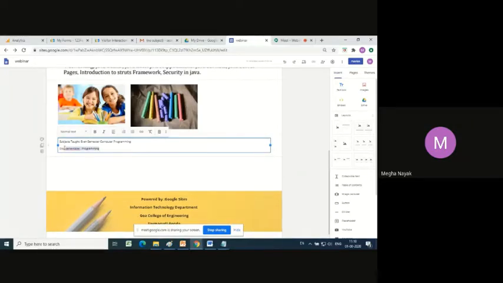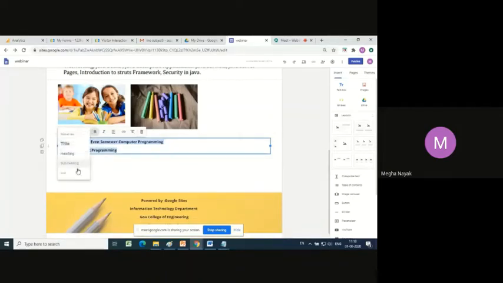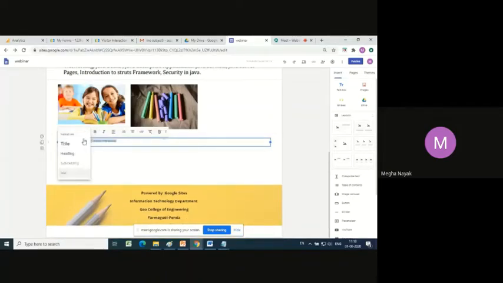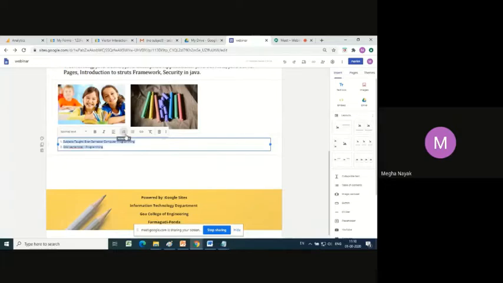So you can place text however you want. You can format it also. You can make it a heading, or a subheading, or you can make it small, however you want it. Ganesh sir, have I answered your question? Okay, so this is going to be the text.